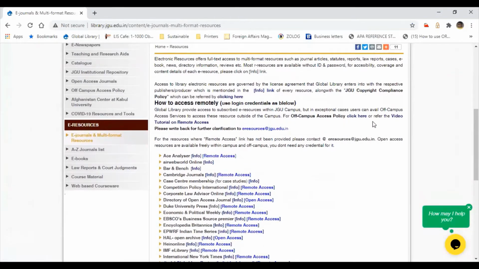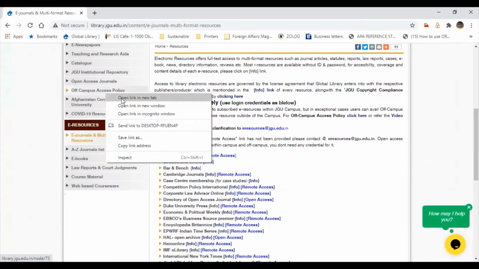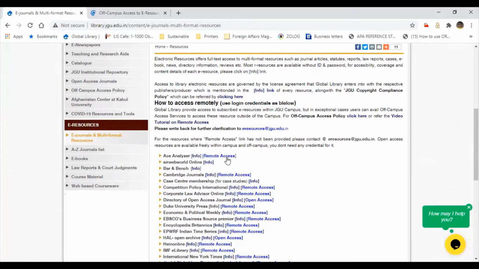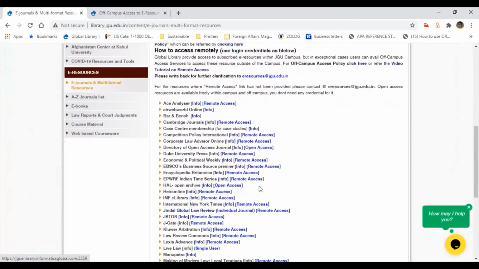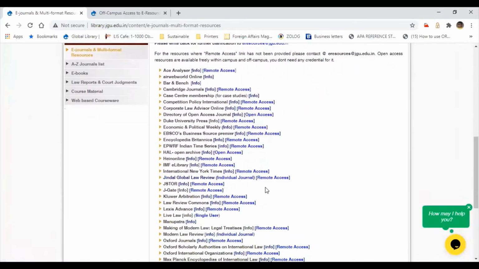Either you can click on the off-campus policy here, or else you can click on a particular database's remote access tab. It will take you to the same platform.